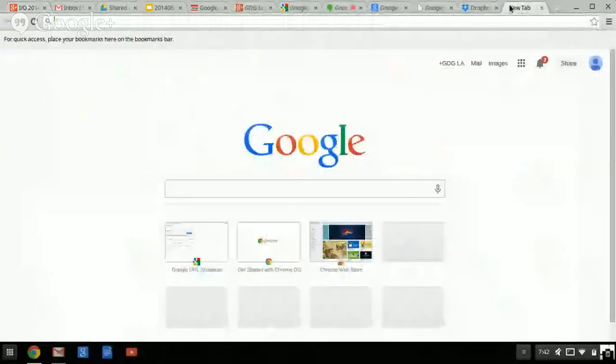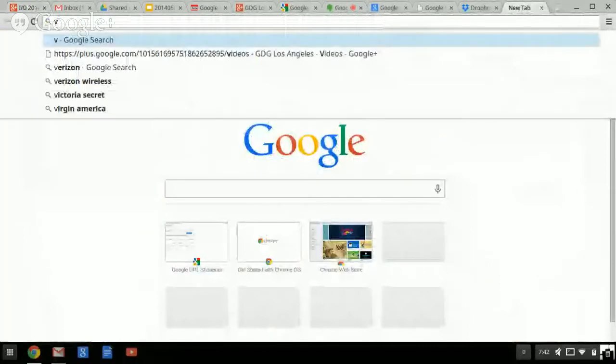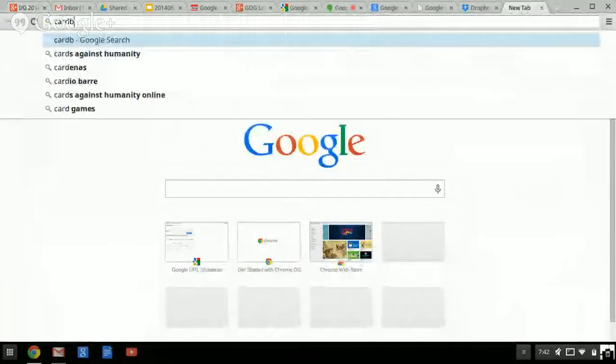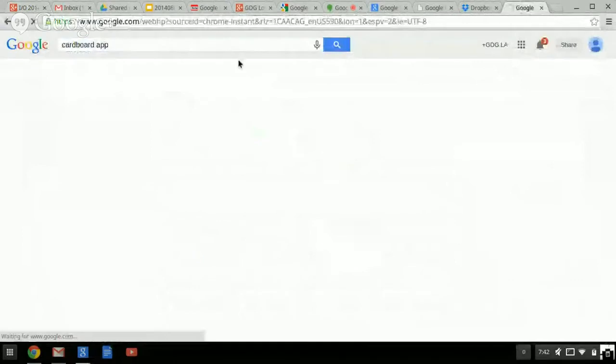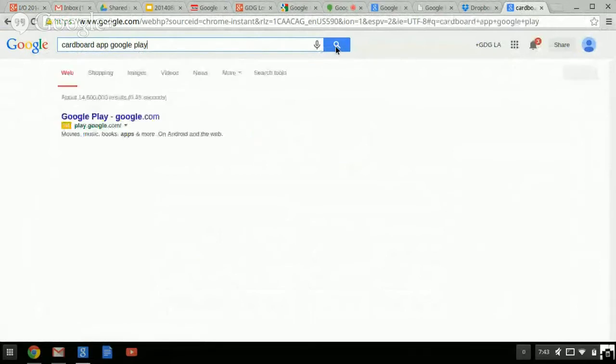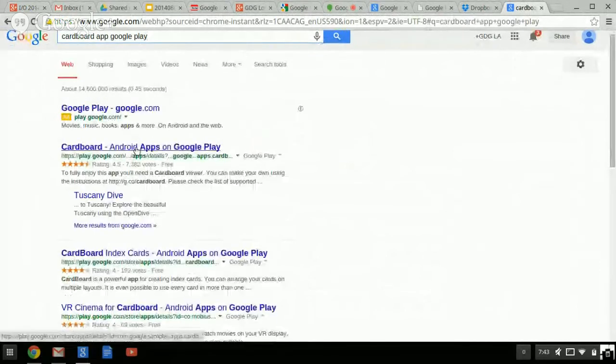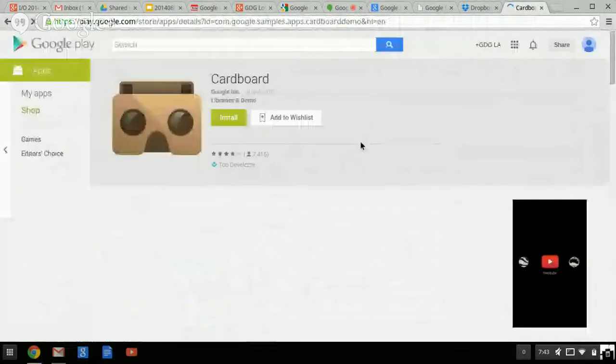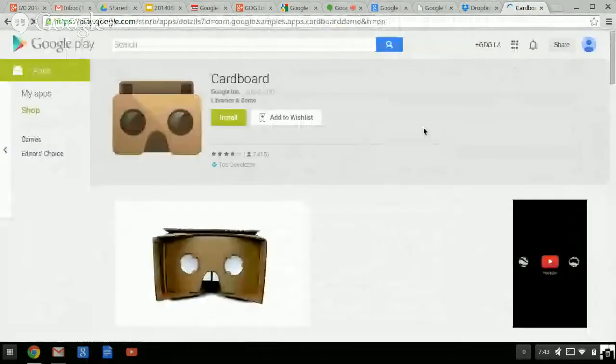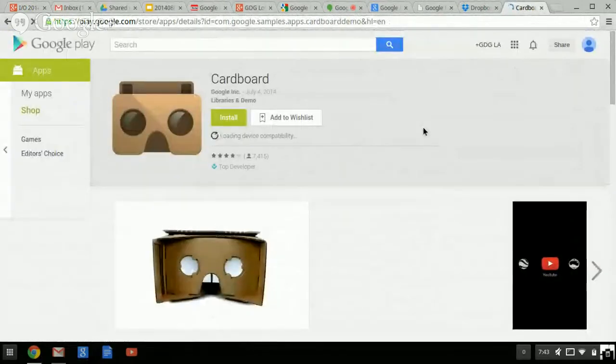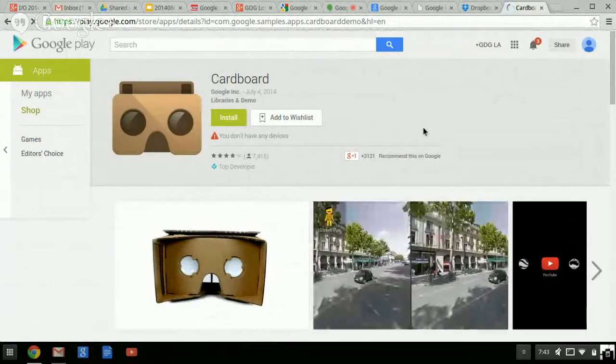You want to jump back? Yes. In fact, I'll go ahead and pull it up. It's a bit of a big app, in my opinion. One second. Yeah, so you can see it here. I think this is the official one. And it's only good if you have one of these, but we have a couple here. This one, like I said, is missing the magnet, but I'll probably find where it is. If not, we have another one, I think. So if you want to try it out, you can go ahead and try it out later.